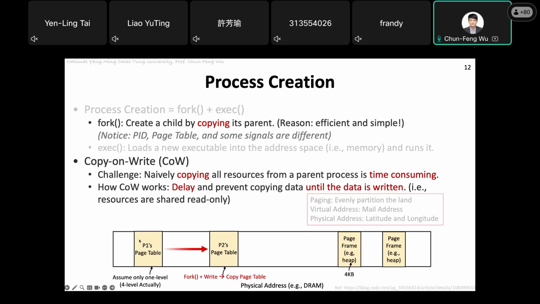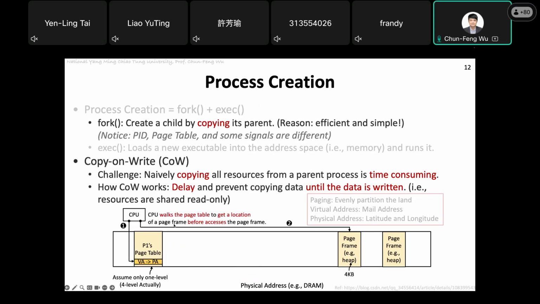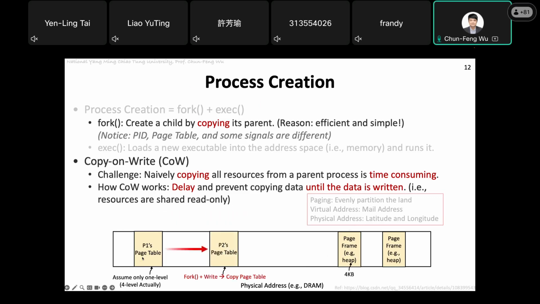At the very first moment, process 1 and process 2 only share the same page table. When process 2 is going to update the page table, the page table related to process 1 will be copied and then modified for process 2. At the very moment they are all read only, and when process 2 is going to write a page,